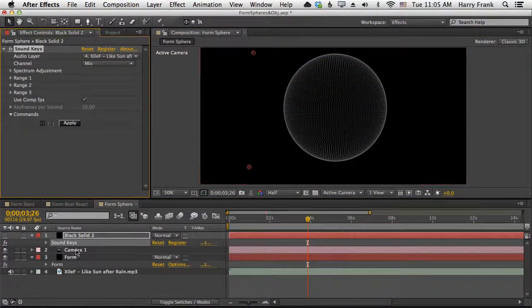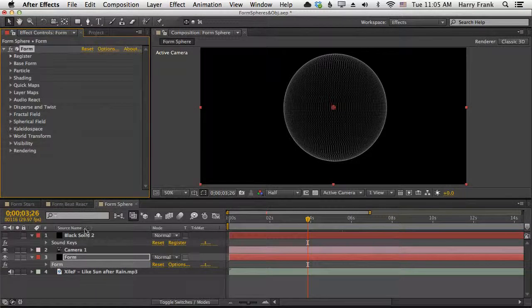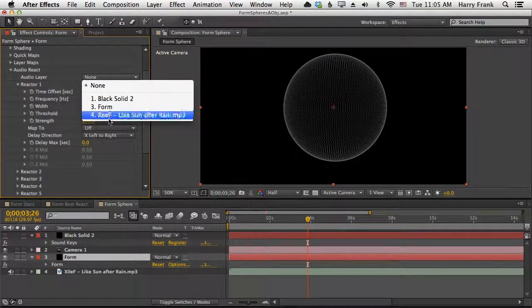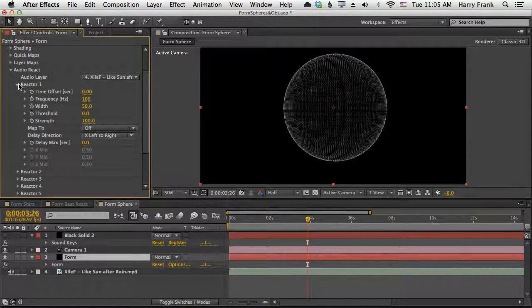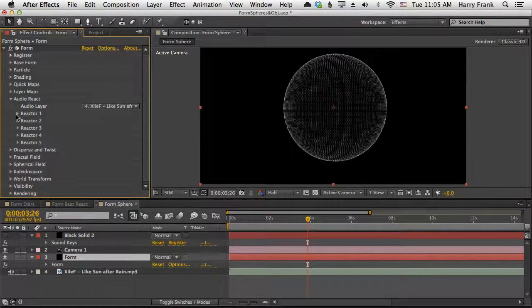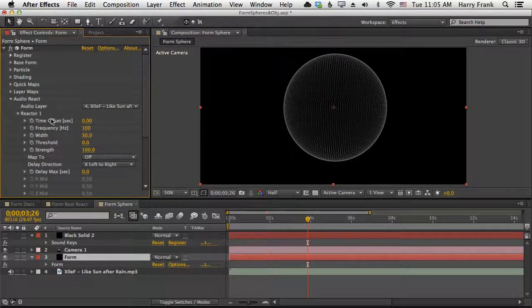Now what we're lacking in Form over SoundKeys is that visualization of the spectral map. So we have to know a little bit about what we're doing. So if I go into the audio react section here, and I'll define my audio layer, we have 5 different audio reactors in here, which should be more than enough for one layer of Form. The first parameter you're going to want to focus on is this frequency right here. 100 hertz is fairly low. It's at the upper range of what we consider low frequencies. If I'd like to isolate exactly where that bass drum is,